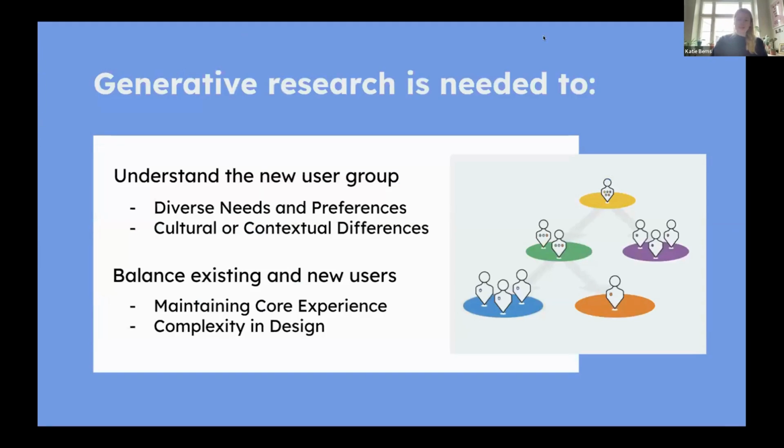As I probably made quite clear, at this stage, generative research is still required. It could be really tempting, or seem quite logical: okay, we have this great system, it's already built, it's ready to be interacted with. Wouldn't it be useful if we can just take this system to the new user groups, ask them what they think about it? Would they use it? Would they not use it? This could be quite a straightforward way to go about it, as we already have the system there, so why not share it? And I can really see the benefit of this.